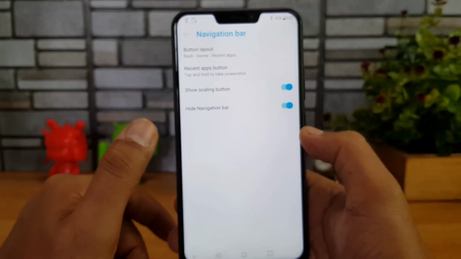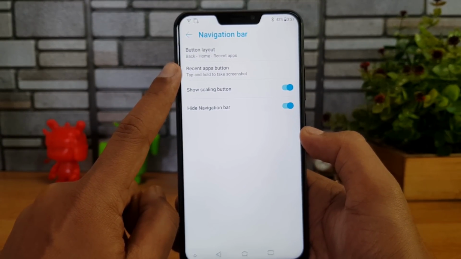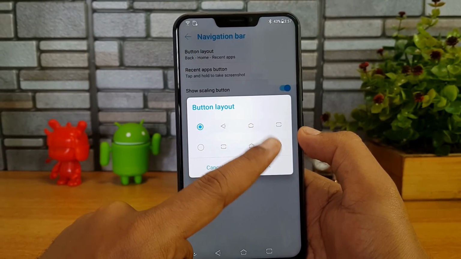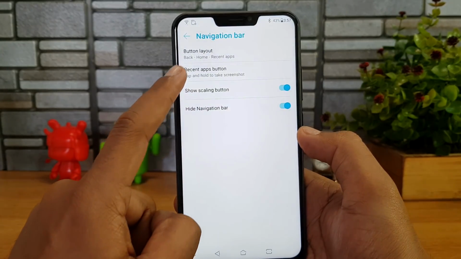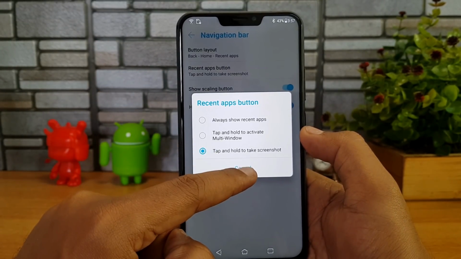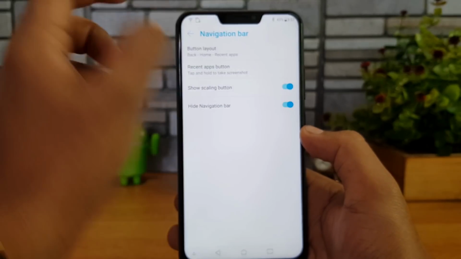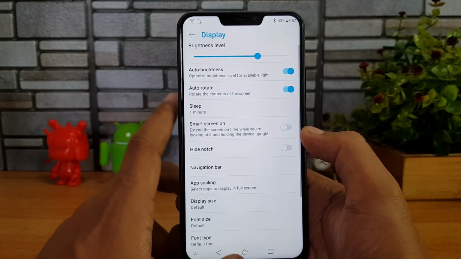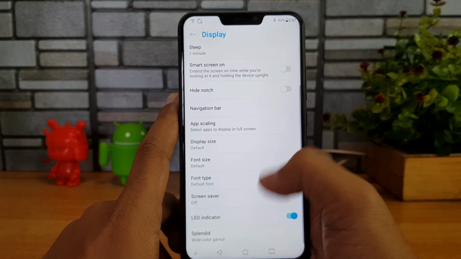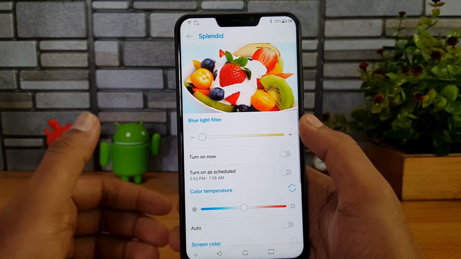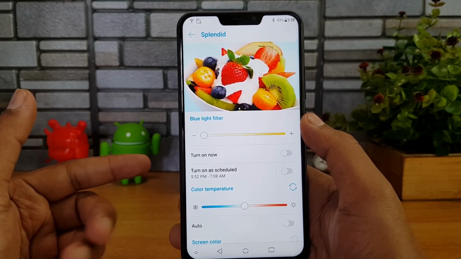Then navigational bar, you can see the button layout. You can select which all layout you want. Back and multitasking option can be selected here. Recent apps button, tap and hold to take screenshot, that can also be done. You can also hide the navigational bar if you don't want. So that's the navigational options, and we have an option called Splendid, wherein you can select the blue light filter